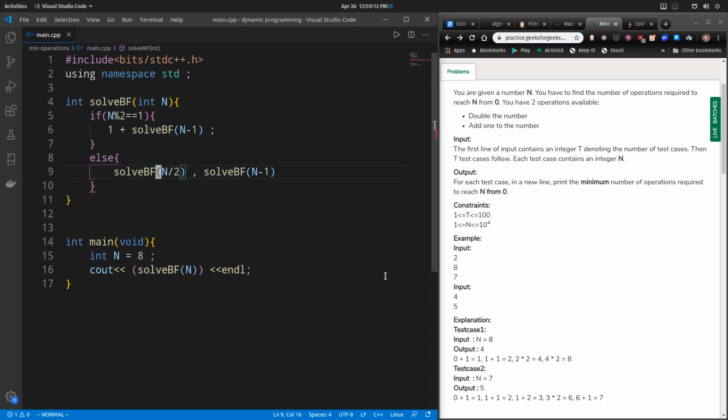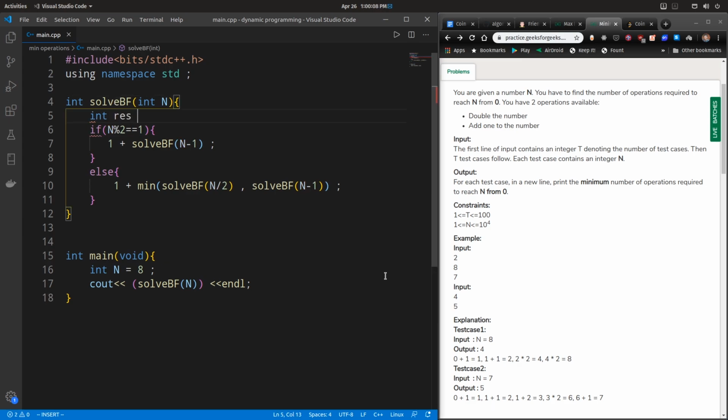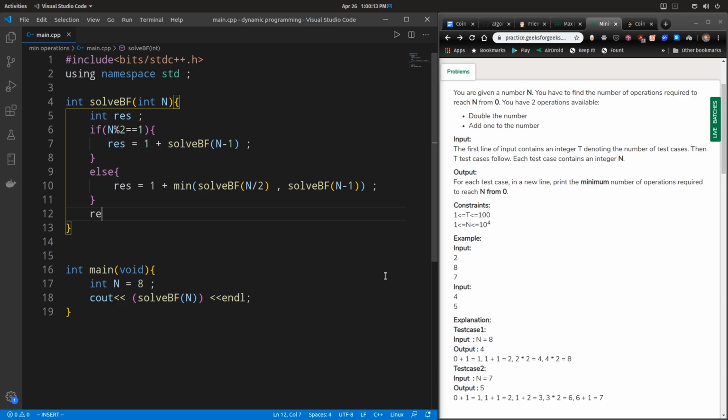Whatever is the minimum of both of these possible paths, we take this. Now this itself is considered as one single operation, so we add 1 to the result. So this is the result that we are looking for, and we just return the result.